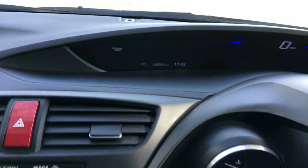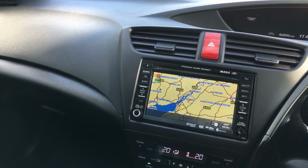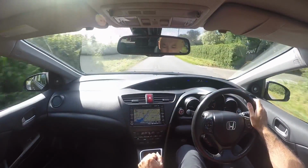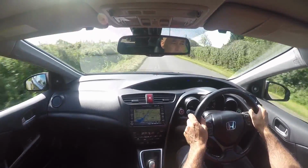66,546 miles currently showing on the vehicle, but in very nice condition inside here. What should follow now will be a road test of this very car. Right then, this is a quick road test video for a Honda Civic 1.8 EX GT, and this particular car